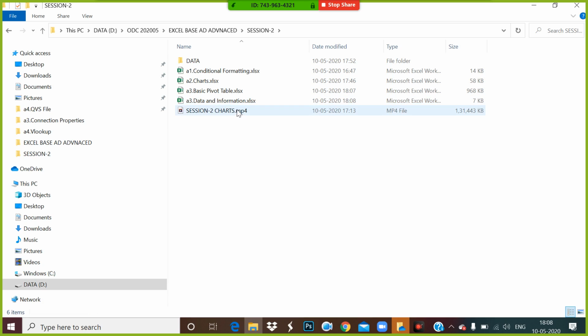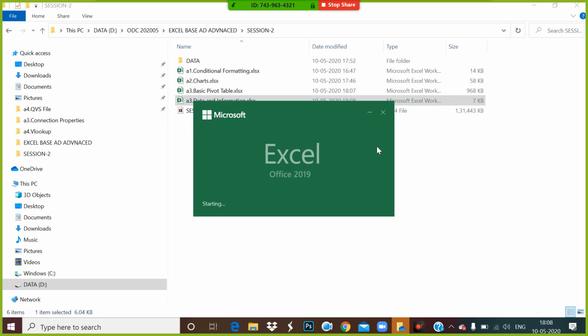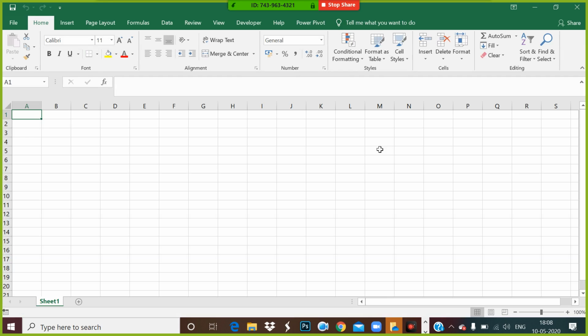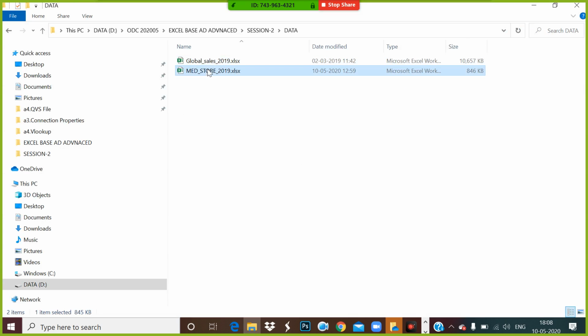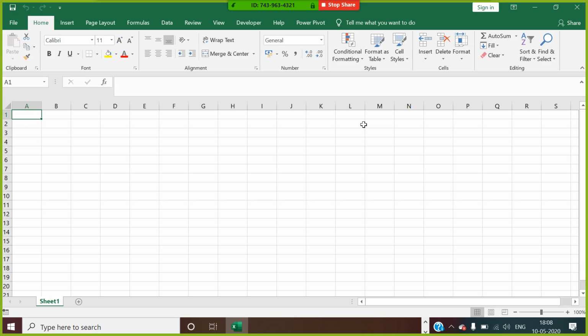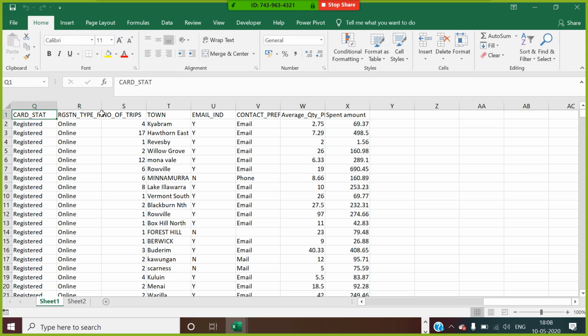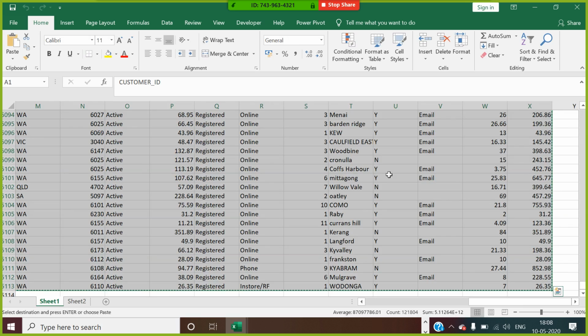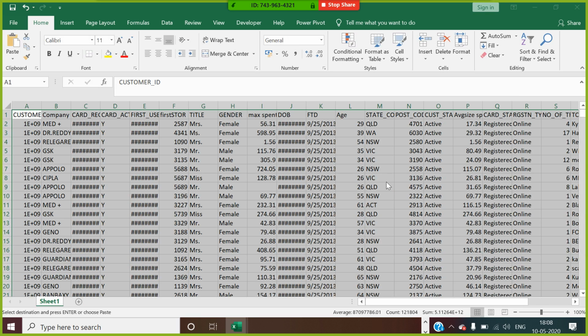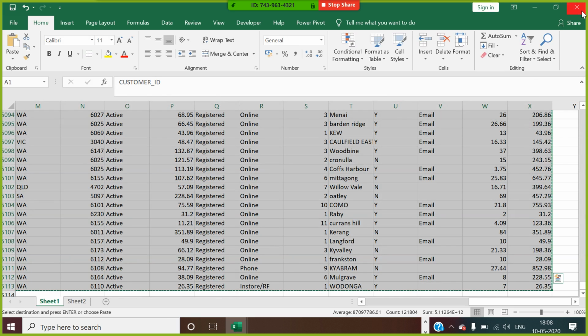So what is data and information? Open this Excel file. I copy the data from Maidstone, all this information from whatever is in this file, paste it to this Excel file, and go back and close this file.